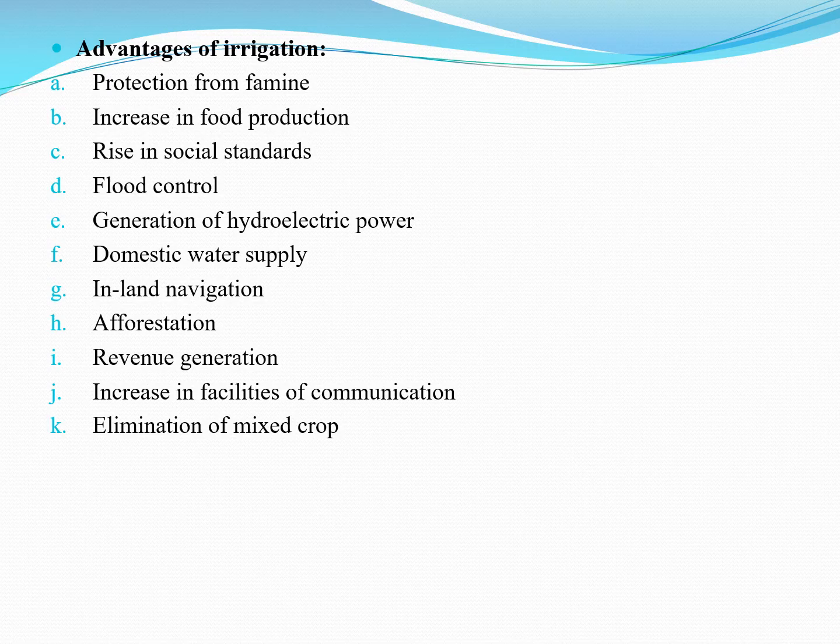Next advantage of irrigation system is revenue generation. Due to direct taxes, revenue returns are sometimes so high, which helps in development of our country. Next is the increase in facilities of communication. The inspection path provided for inspection may provide good roadway to the villages, for example for walking and cycling, and thus increases the facilities of communication also.